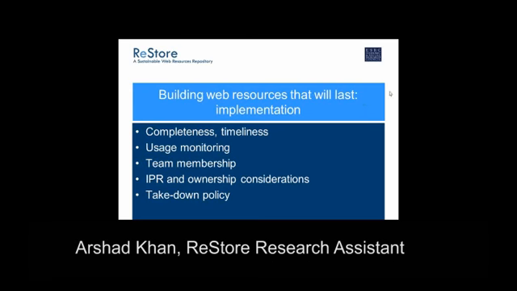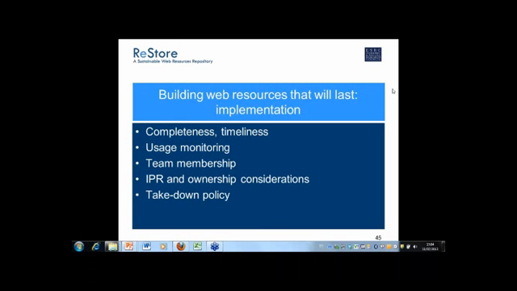So just to talk you through the rest of the sections in the webinar, I will ideally start from a couple of issues which we normally encounter when we take a resource from the actual authors. So that is the first thing: to ensure, when we have got the resource, the extent of completeness and the timeliness, in terms of whether it needs further update before we go live with it on the ReStore website. And then once we have sorted out all those issues with the authors and with the contributors,